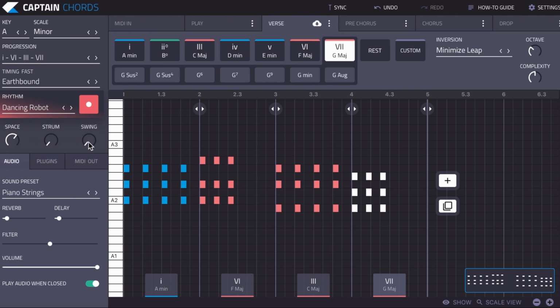And then we will use swing. And what swing does is it just moves the notes slightly out of time. It makes it more human, because when you're playing a live instrument, your timing's not going to be perfect. No one has absolutely perfect timing. It's impossible. Only computers can have perfect timing. So if we want to make it sound less computerized and more like it's being played by a human, we can turn the swing up and see it just moves the notes slightly at a time. And we can choose by how much using the quantization amounts here.